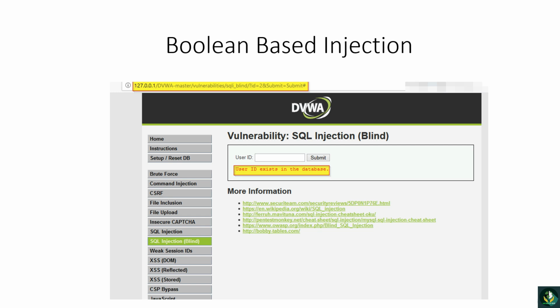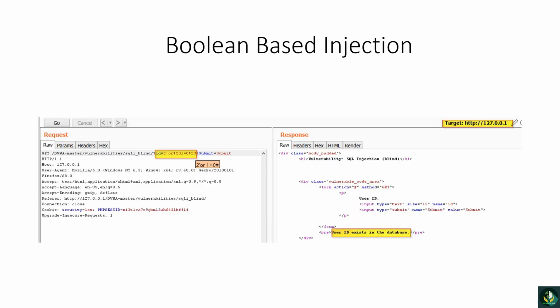We have to keep inserting payloads and asking the database true and false queries, and check the output according to the change in behavior that it responds with. So we have captured the application request using a proxy tool, which is Burp Suite, for testing. Observe in this figure we insert the payload ID = 2 or 1 = 0 #,